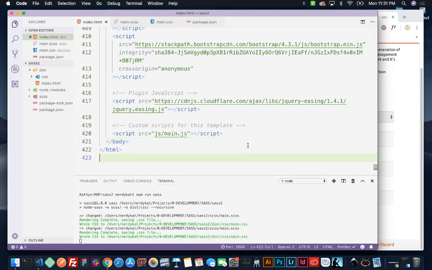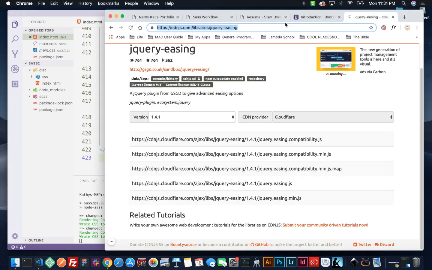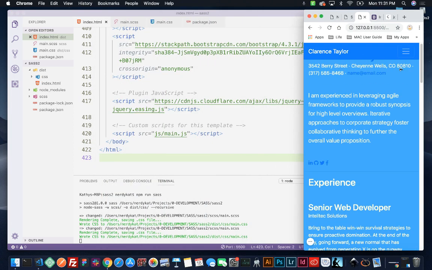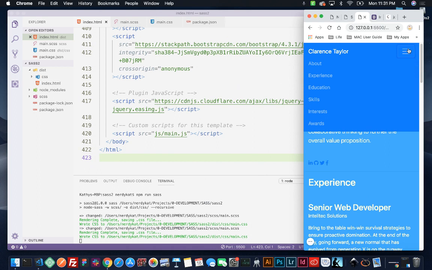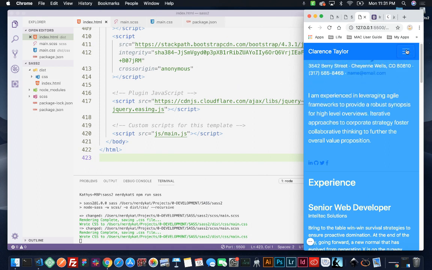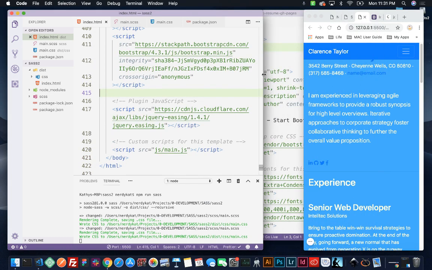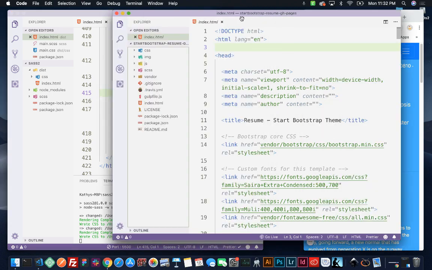So most of this is set up. So let's take a look at our page. And it still looks pretty much the same. But look, the menu now works. That's because the JavaScript, Bootstrap JavaScript, is in there. So this again is the folder that we created. To get this to look the way it's supposed to,